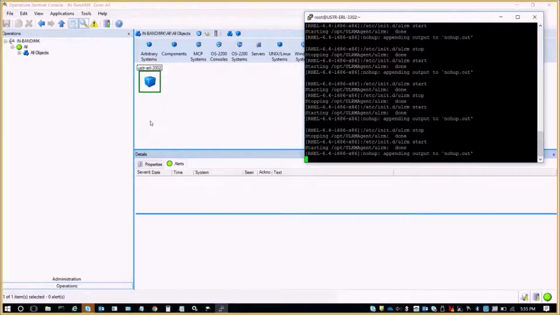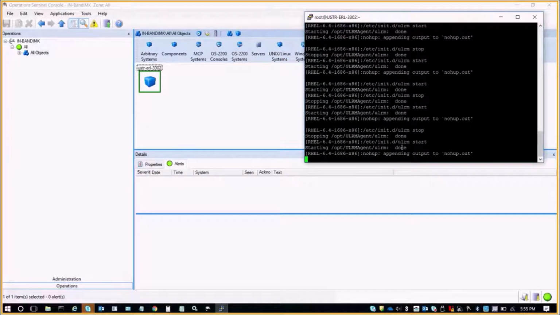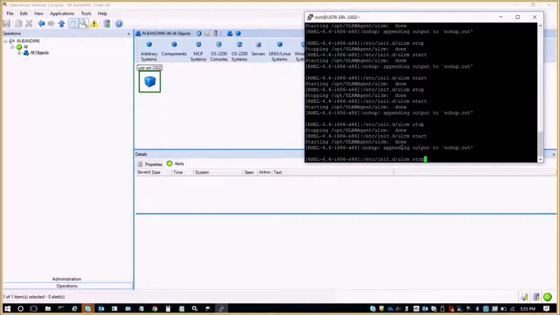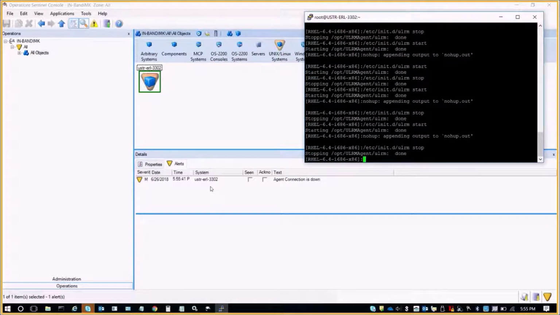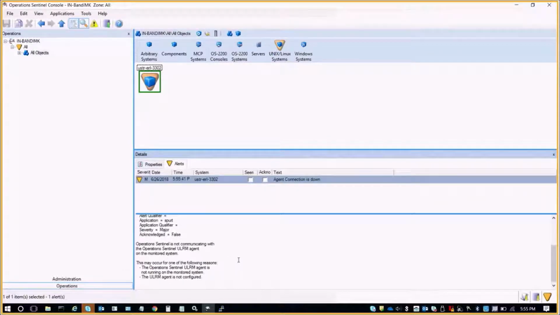As you can see, we have an object added which doesn't have any alerts because the agent state is connected. So now, for example, we will try to stop the agent. Now you can see an alert has been generated which states agent connection is down. And if you go to the details, you would see a new alert identifier, ULRM connection down, has been added, and the description says